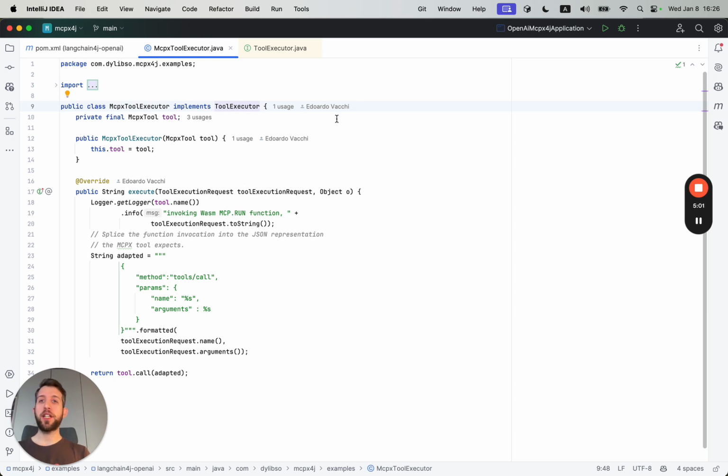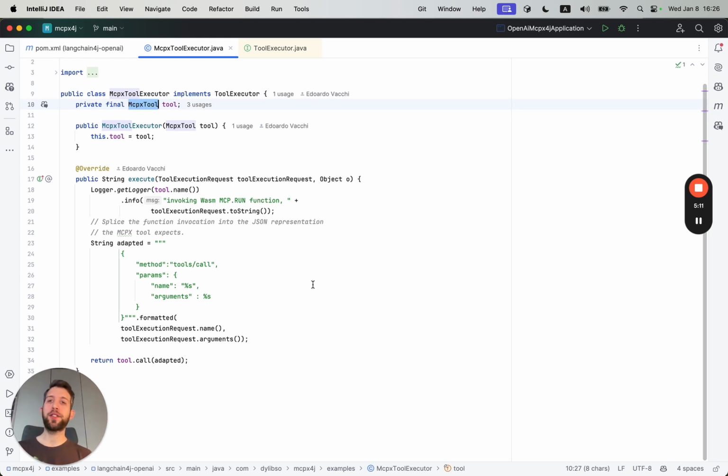So our implementation will essentially be an McpxToolExecutor that implements ToolExecutor, wraps our McpxTool, and exposes the right method. All it will do is log the call, just so that we know what's happening under the hood. But then all it's really doing is just adapting the format of the message to what our internal implementation